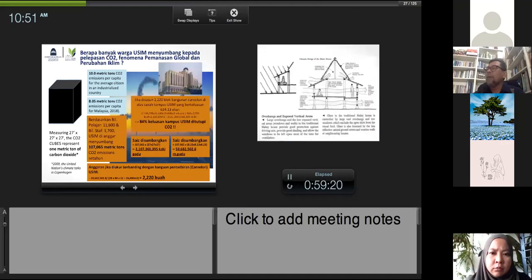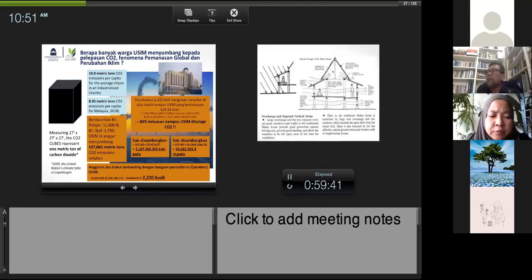looking at the total campus area of 634 acres, the carbon emission produced by the USIM community could cover, if we imagine arranging buildings like the Chancellery building, almost 84% of the whole campus area. I present this so that we can visualize how serious it is. This is in 1 year.